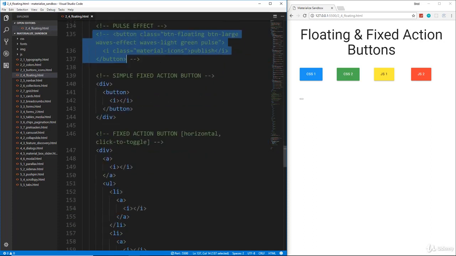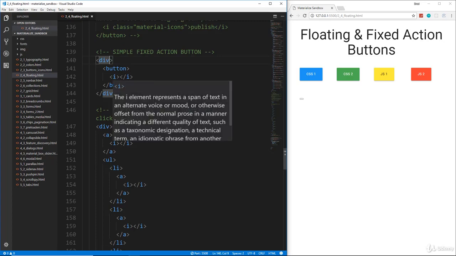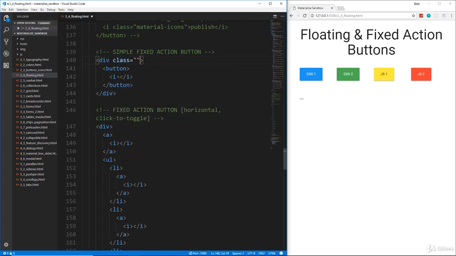Okay, so now let's go down to the simple fixed action button, and basically what this does is it'll give us the floating button, but it'll be down here and it'll be in place. We won't be able to move it no matter how big you resize the browser or make it smaller. It should stay in that place. All right, so let's go ahead and just add to this div here a class of